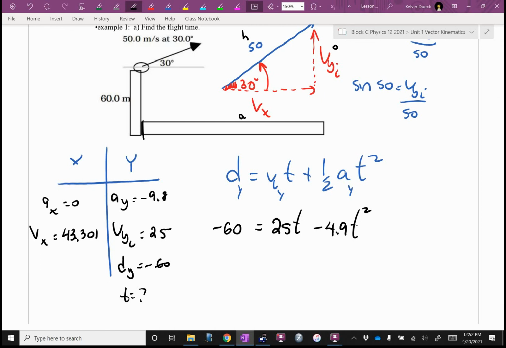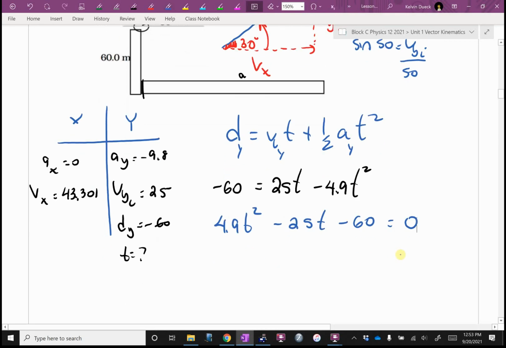What's step 0 for solving a quadratic? Yeah, I'm going to add the 4.9 t squared, and subtract the 25t over. So I'm going to write it as positive 4.9 t squared, take away 25t, minus 60, equals 0. If you have the quadratic solver, good, go solve. Those of us that don't,